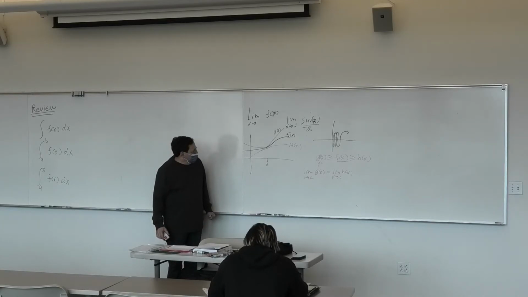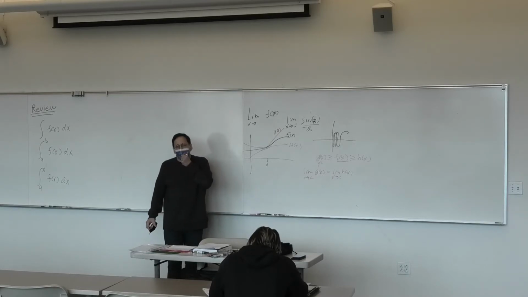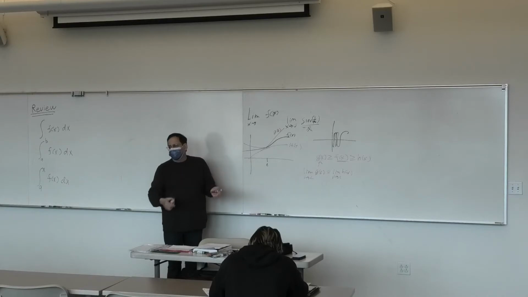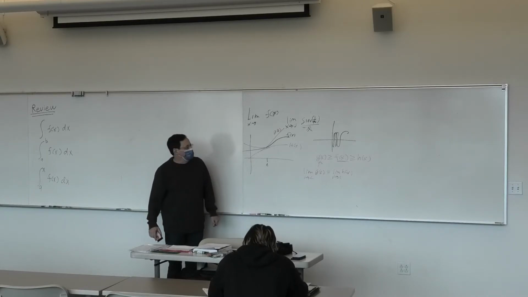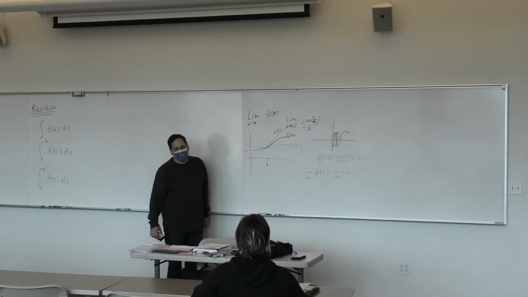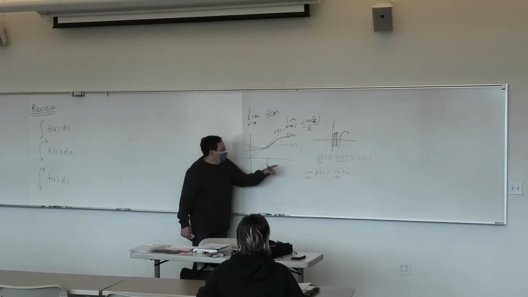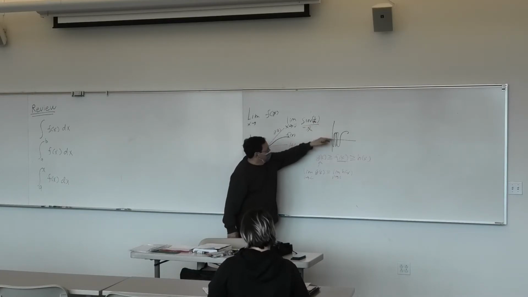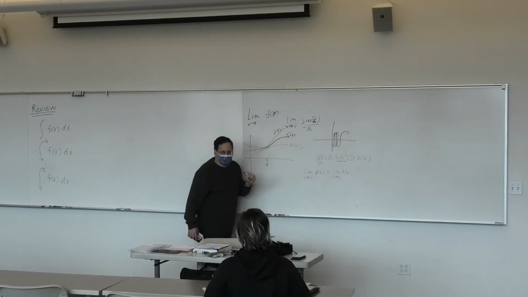I was trying to introduce one of these ideas on Tuesday, where we showed that you can have a tube whose volume is finite, but whose surface area is somehow infinite. It seems kind of peculiar, but you can do the math and see it for yourself. So this kind of fits in there. As you get close to zero, what's really happening to this function? It's kind of weird.